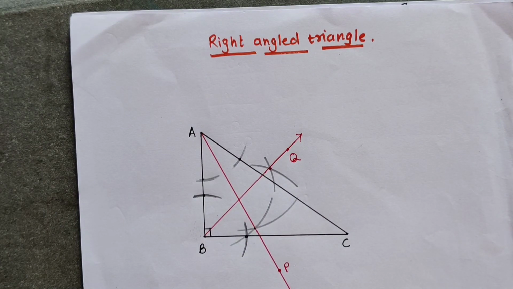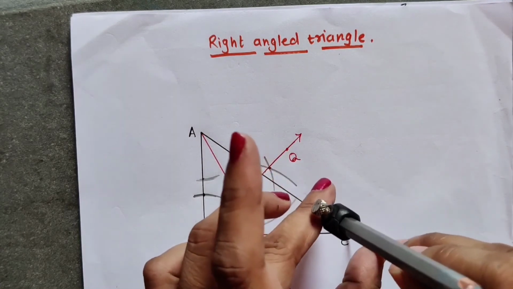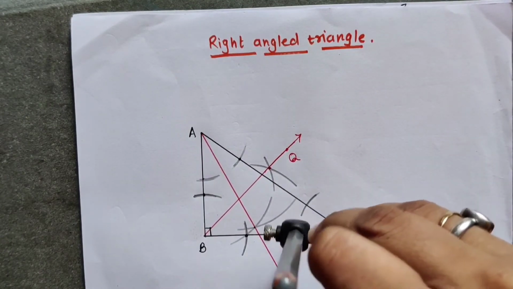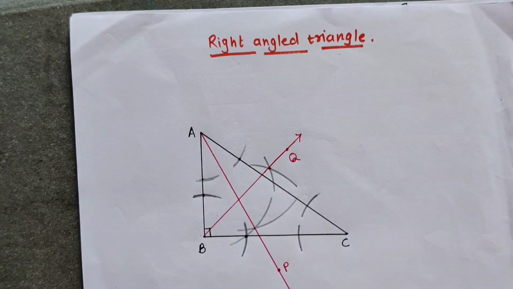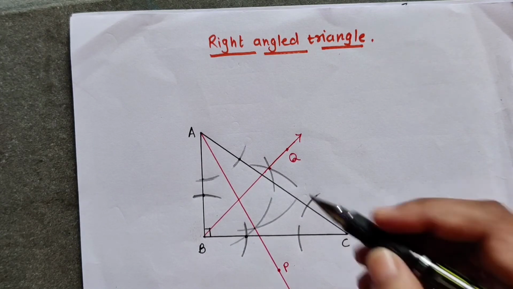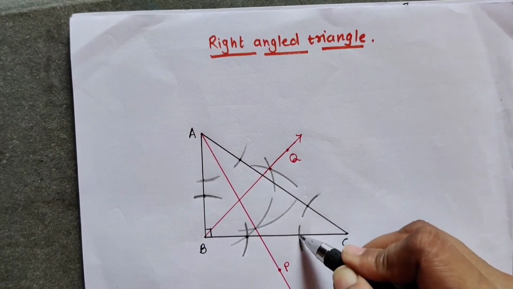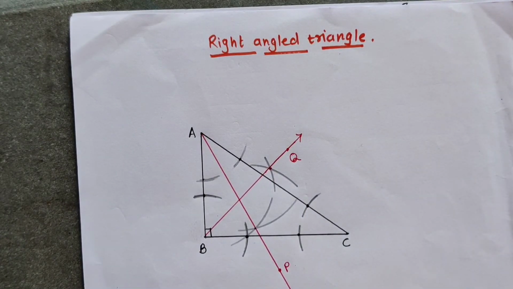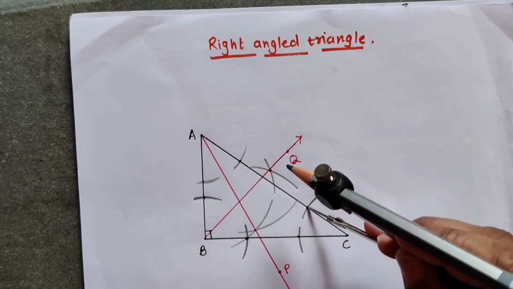So we will be applying the same procedure. From point C we will be drawing 2 arcs, one on side CA and another on side BC, and in this way we have got these 2 points on side CA and side CB. We will make these points little dark so we can draw 2 intersecting arcs from these 2 points.